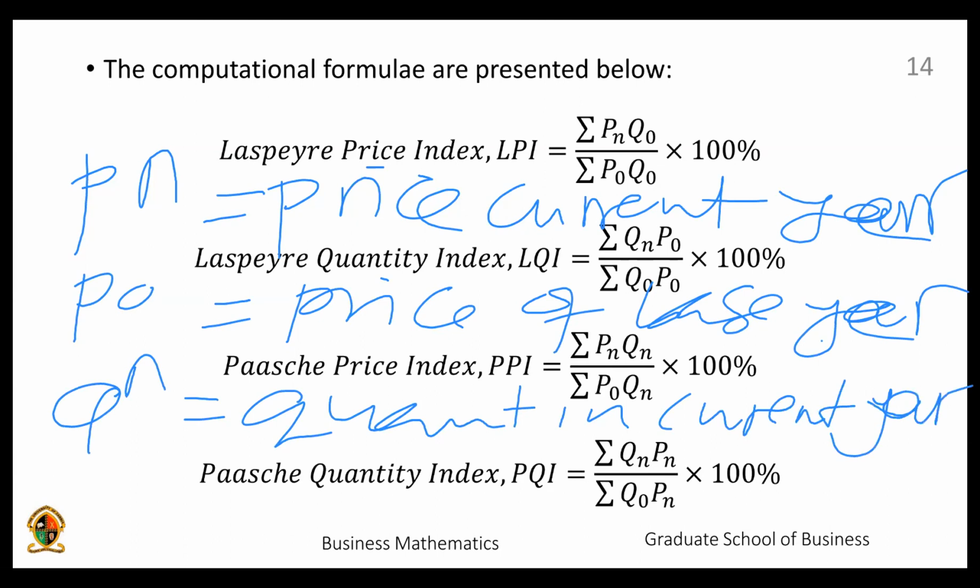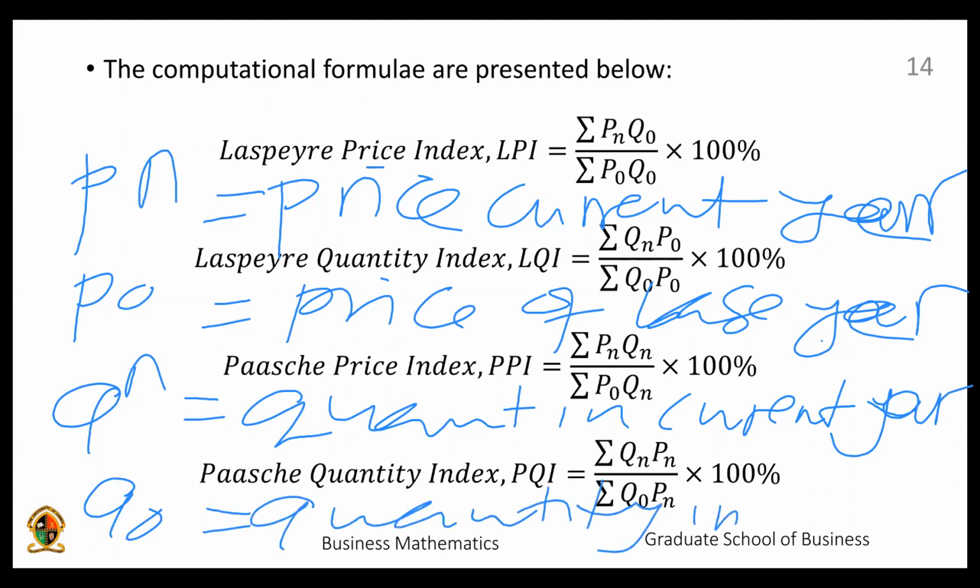I think that's what you need to know. You need to know the denominations of the formula. And then Q0 is the quantity in the base year, not the previous. Let's just say base year. So the quantity of the base year and the price of the base year. Did you get that? So for example now,